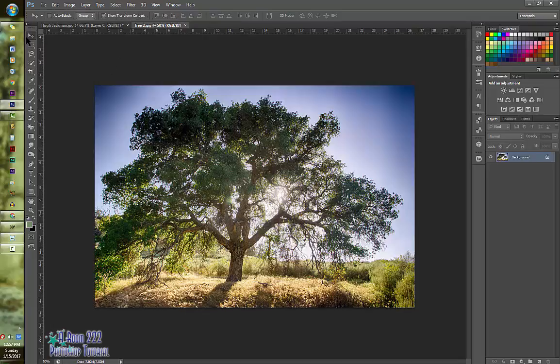Okay, so first off, we're going to make a quick selection around the tree. It doesn't have to be perfect, it just needs to be outlined. So do the best that you can, and then we will go from there. Okay, when you are finished with your quick selection of your tree, you are then going to go to the